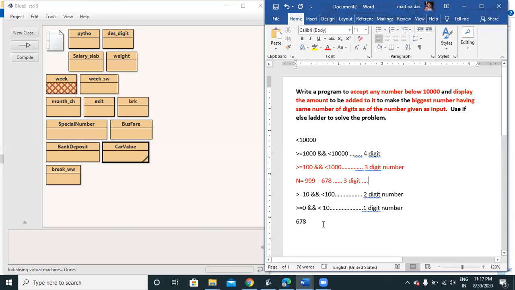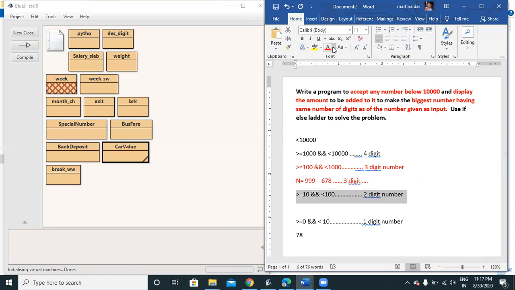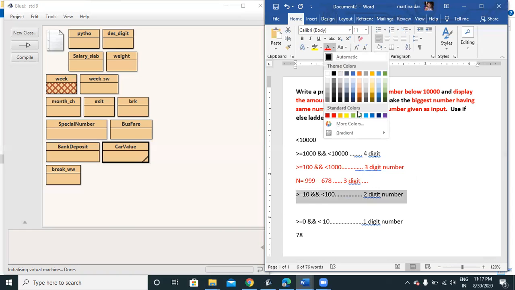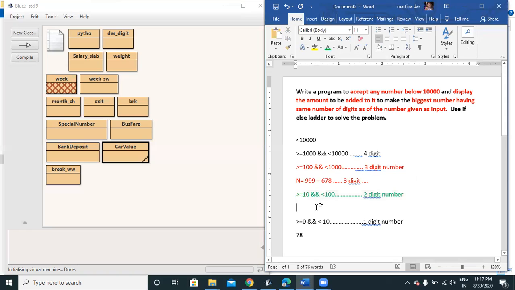In the same way, let us take a number, let's say 78. 78 is a 2-digit number. It will come in this range. The biggest 2-digit number is 99. So I'll write the difference of 99 and 78, which will be the number that has to be added to 78 to form the greatest 2-digit number, that is 99.